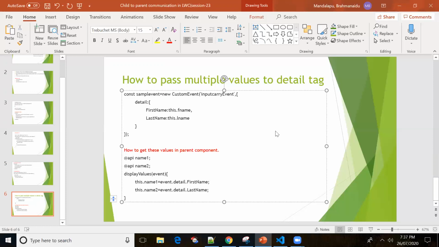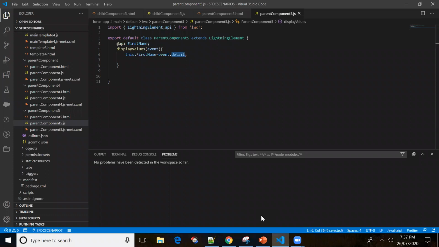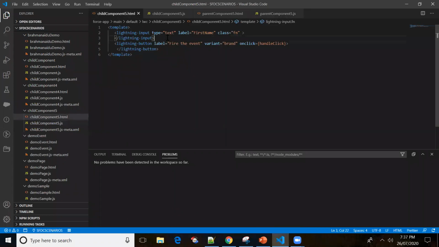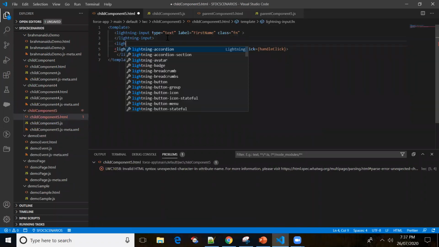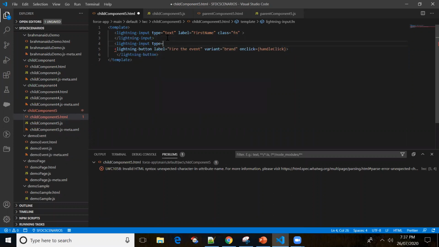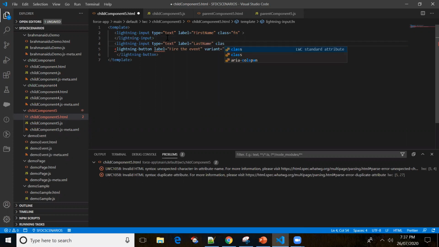Okay, so now in the child component, I'm going to create one input field. Okay, so lightning-input type equal to text, label equal to last name, and class equal to ln.